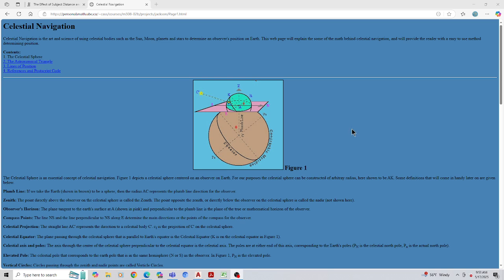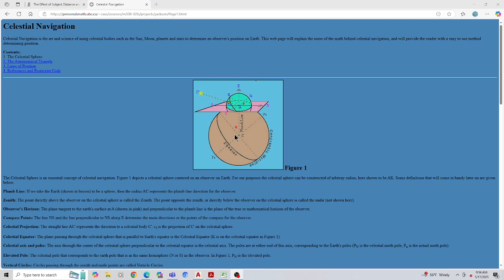Doesn't matter if you think sphere, doesn't matter if you think flat. Your horizon is the plane tangent to the Earth's surface at A, your point of location, shown in pink, and perpendicular to the plumb line,